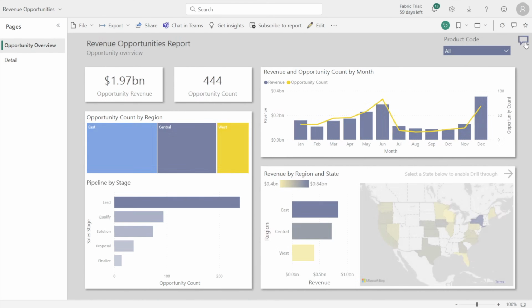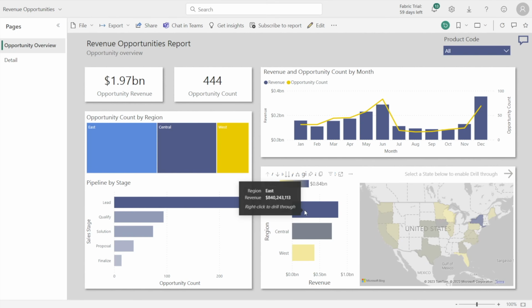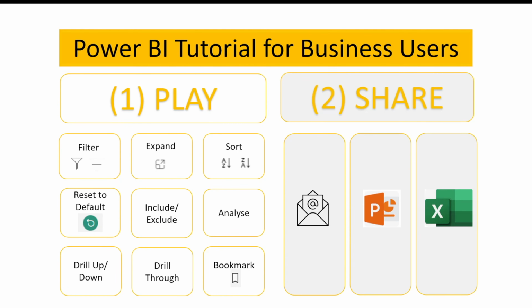And then click here to go back. And hover around in here as well. Now there is no drill through in here, because if there is, it will pop up in the tooltips like that. Okay? So now we have completed the first part of our tutorial, which is designed to give you confidence